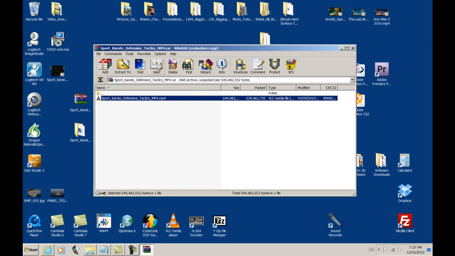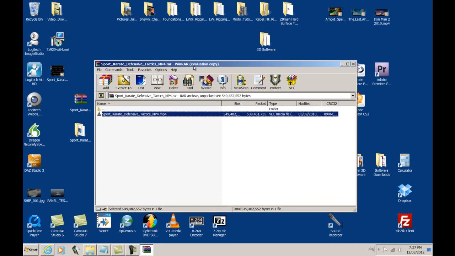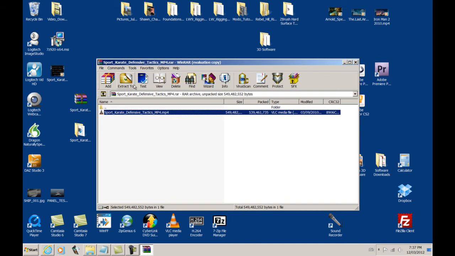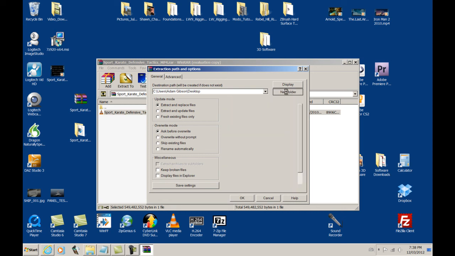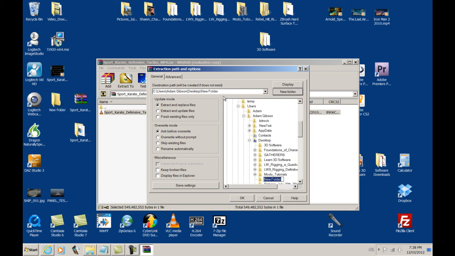So you can see it right here. And you say, well, how do I get to it? It's inside this weird WinRAR software window here. So basically you just go to extract to and pick where you want it to show up on your hard drive. So once again, we can make it show up at the desktop, and if we want to, we could even put it in a new file folder. We can just double click in that window here and we could call it